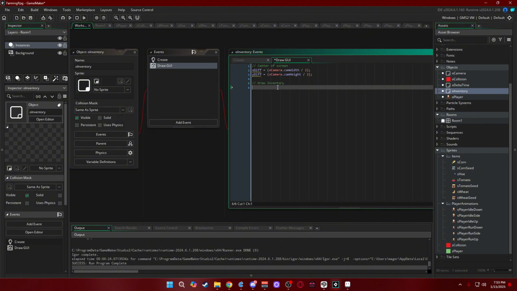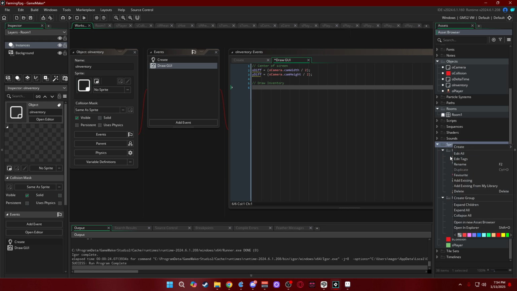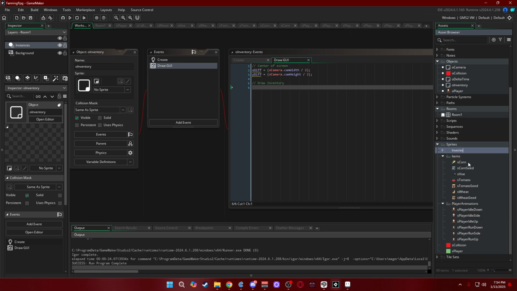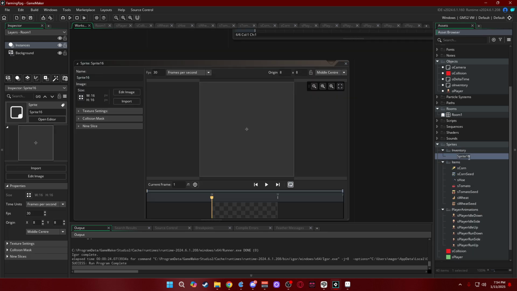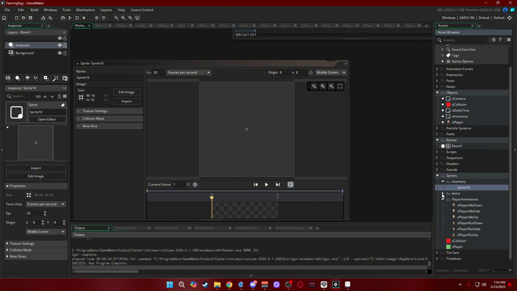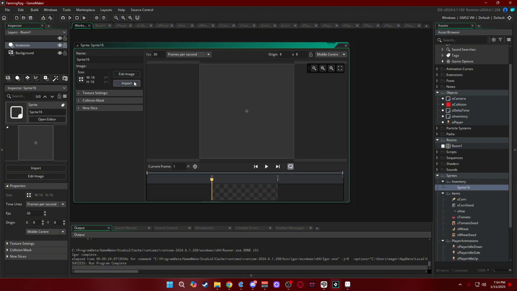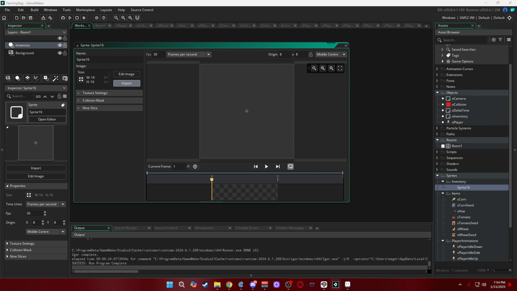Display the inventory. Now, we do need a couple inventory sprites here, which I completely forgot about. And I always like to add little groups in these folders, so it's creating folders inside of other folders. I right-click sprites, hit create group, creates this, and I can rename it by hitting F2, and then I could type the name. And then this lets me make sprites inside of this, organizing all my items, player animations, all that. So what I'm going to do is import a